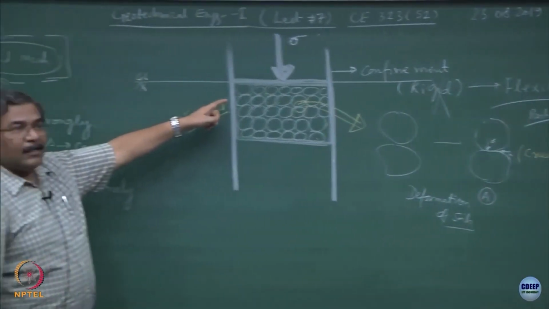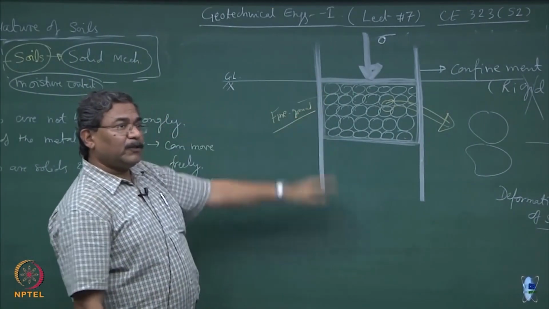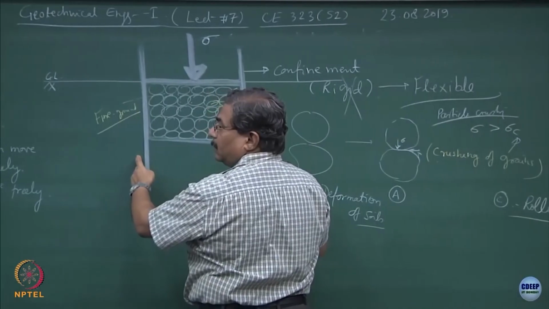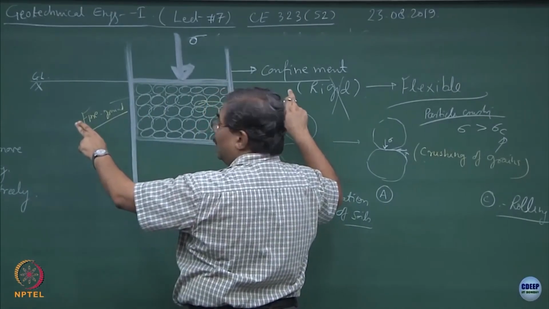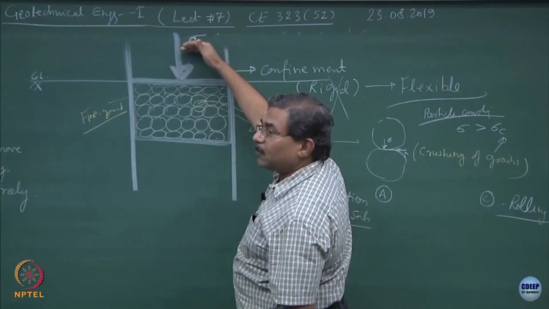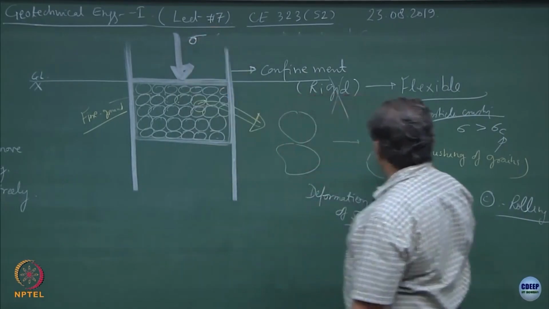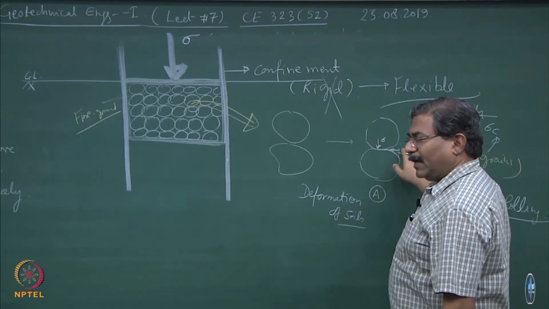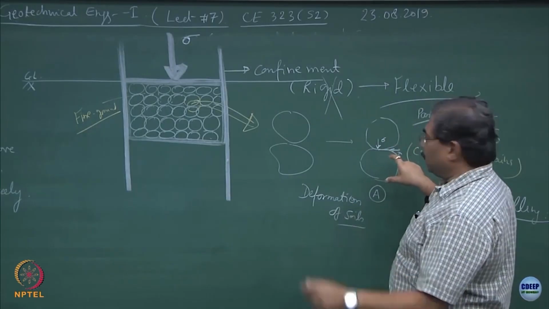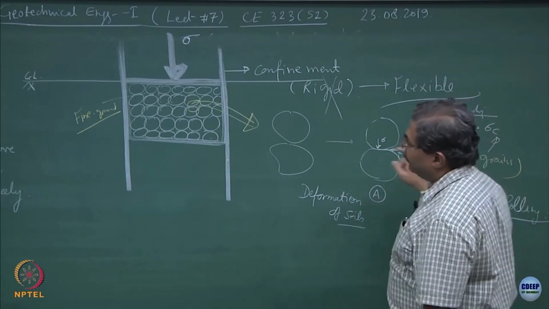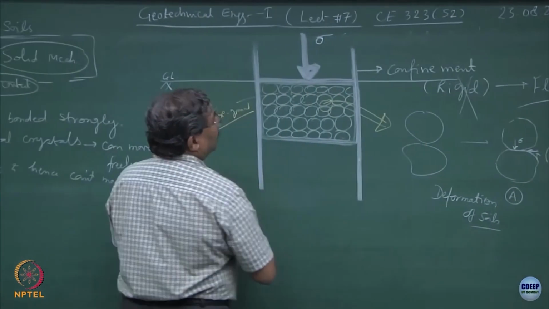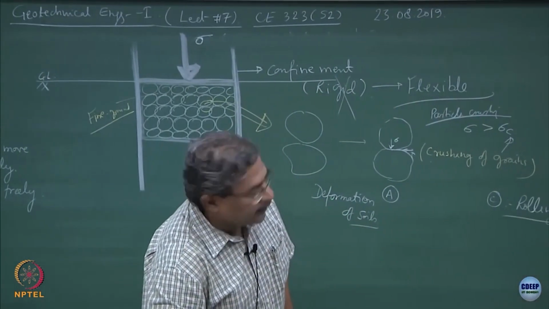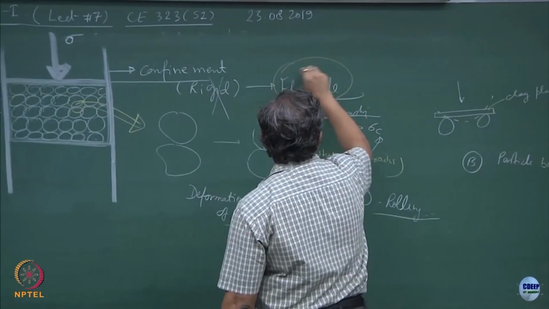In this case, the chances of rolling are going to be absolutely 0. Why? Because I said this is a confined rigid system, there is no lateral deformation. The only possibility is the more and more stress you apply, the load which you are applying is getting converted into the form of the stress, and this stress might create a shear stress, and because of the crushing incapability of the material, the system crushes. The moment this confinement becomes flexible, which is the situation in most of the cases, now what is going to happen?